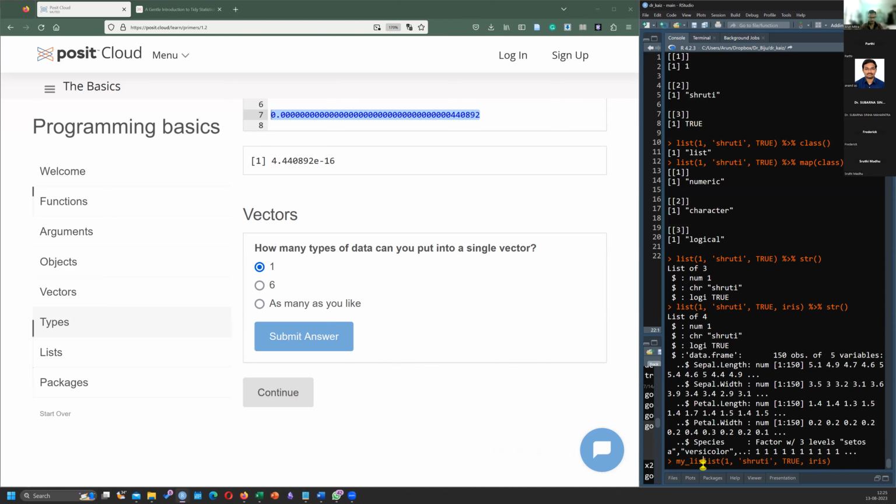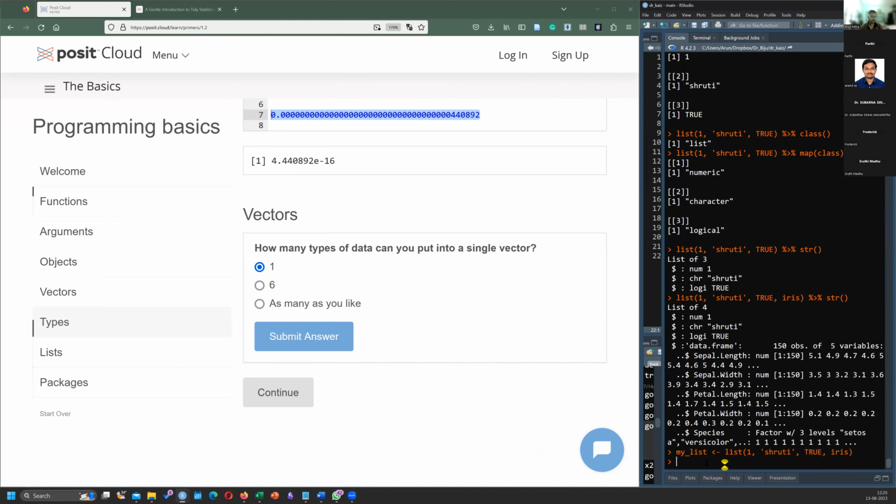Is that okay? So my list is here. I want you to tell me how I can extract this 5.1. There can be more than one way, but I want you all to pitch in, because indexing is really a skill. But once you get the concept, it's easy.